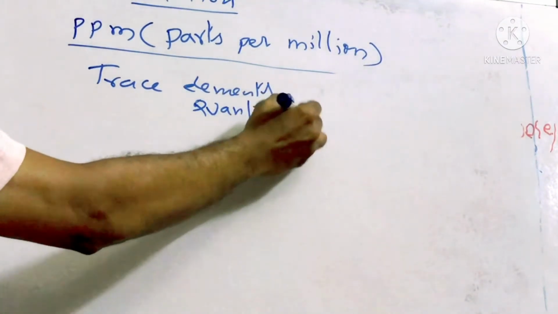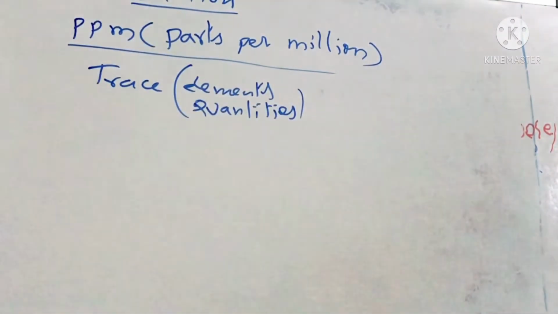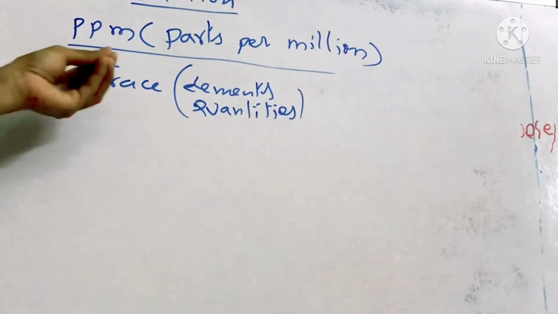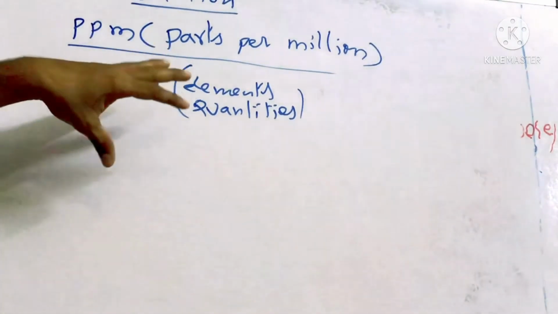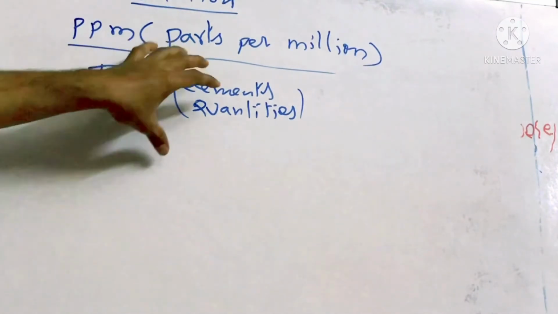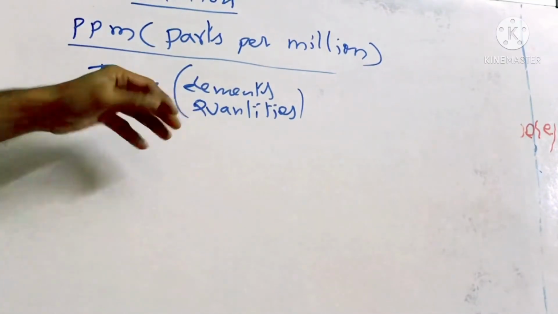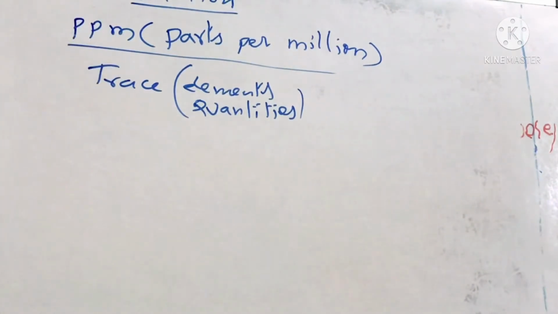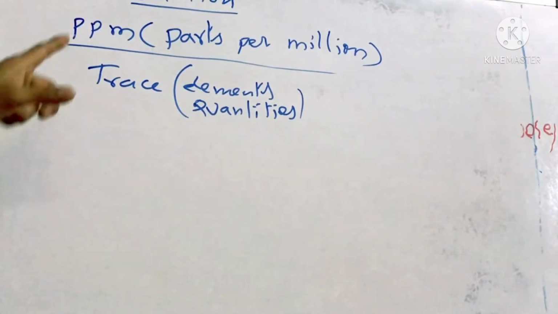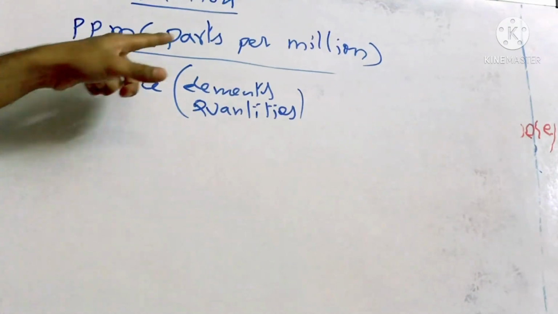For trace elements, for example, if I take some water sample, how many parts of, for example, lead is there? Because lead will be present in these water samples in a very small amount, or silver, like these poisonous things. So how much of that particular quantity is available, like chemicals in food samples, these will all be at the ppm level, that is, the quantity is very small. To identify that, we are using ppm, parts per million.